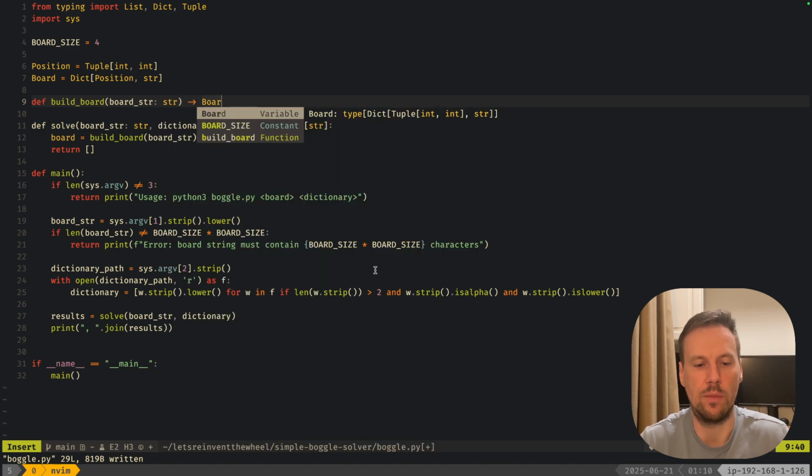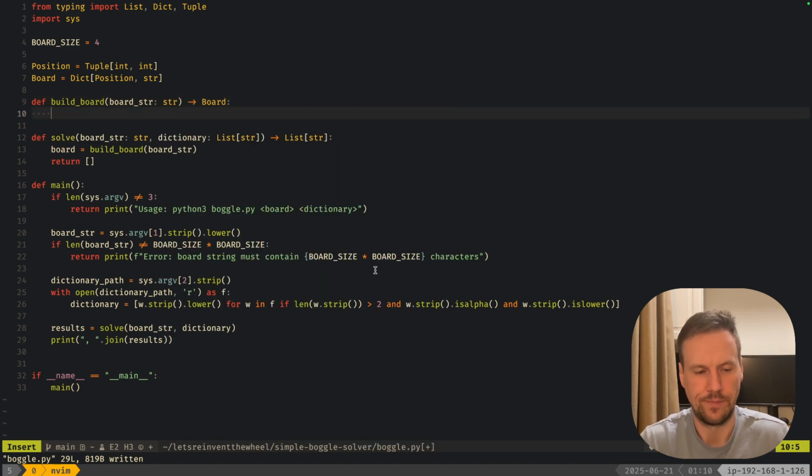It's going to return a board. This is how we return a dictionary, and now we need to tell it that hey, we're going to return some key with some value, which is a character